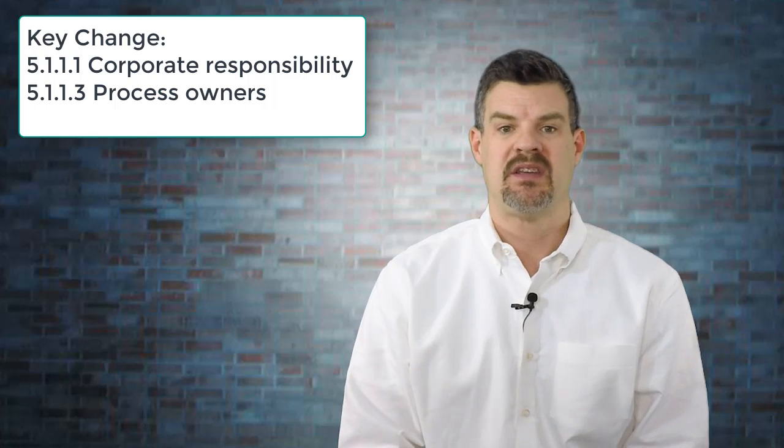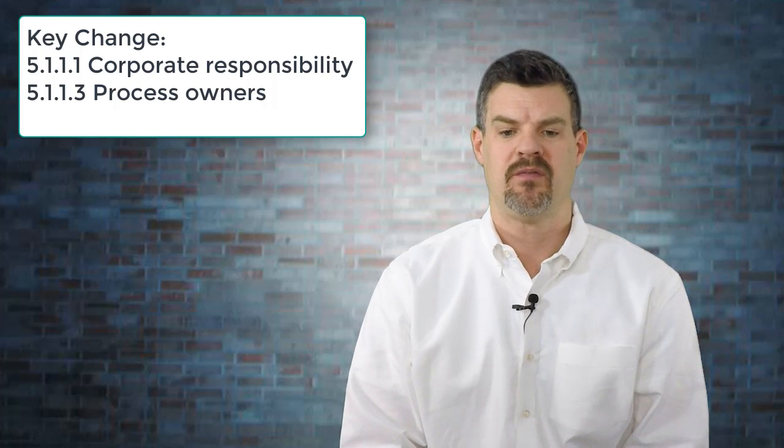Before we jump into the specifics in IATF 16949 with regard to significant changes, I wanted to first summarize a dozen or so significant changes that bubble to the top of my list as changes that need to be highlighted and need special attention. The first one is in Clause 4 under context of the organization. This is product safety. The next one is under Clause 5. This is corporate responsibility and process ownership.